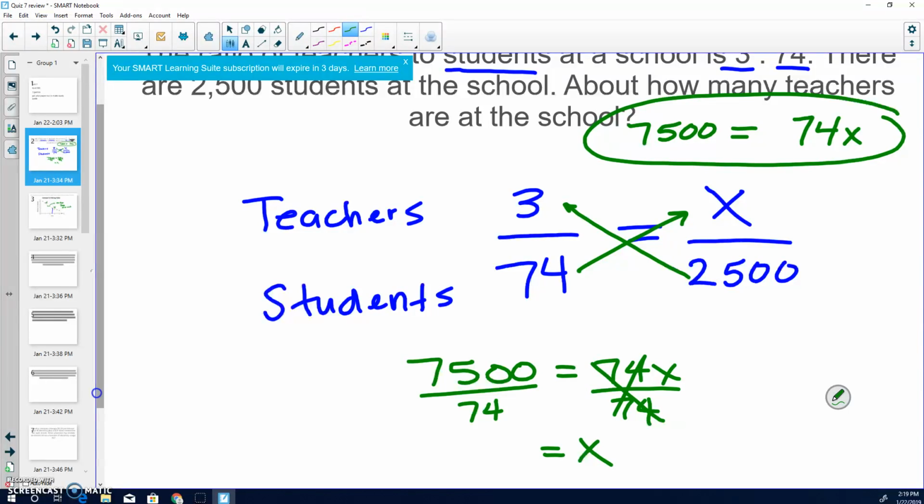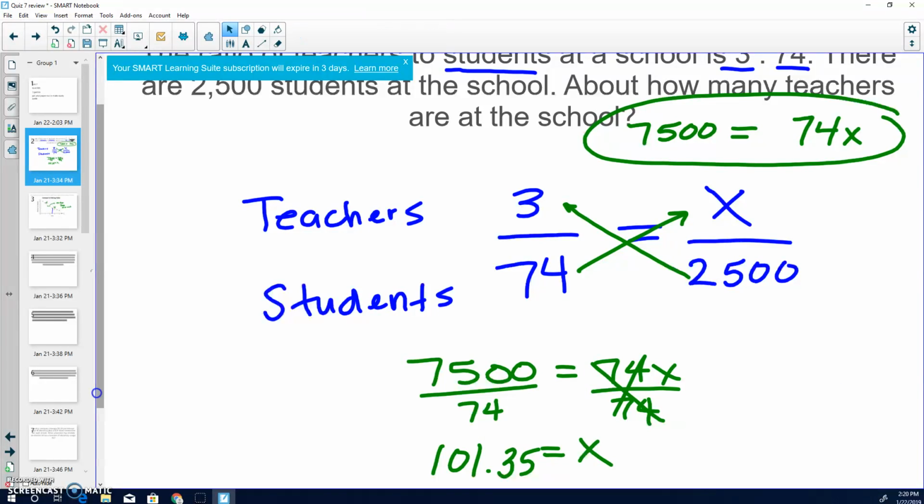Great call. So you should have got 101 point, if you rounded it, 35. So around 101 teachers for